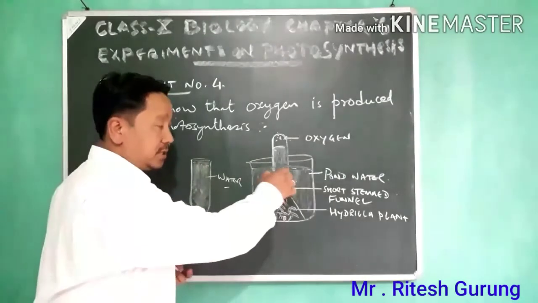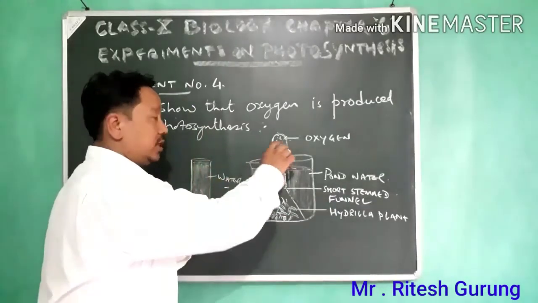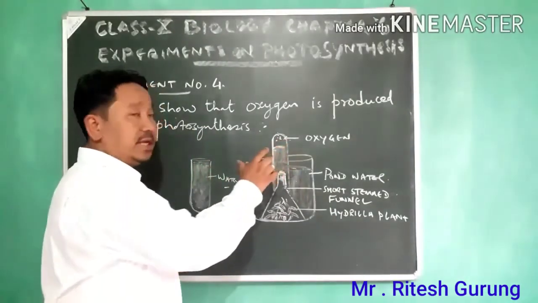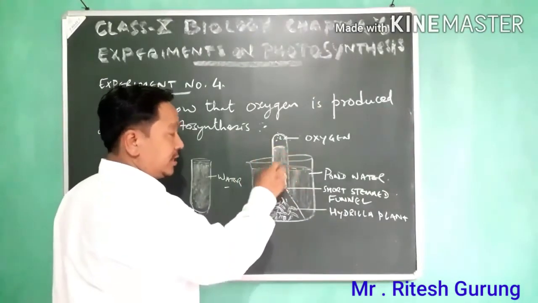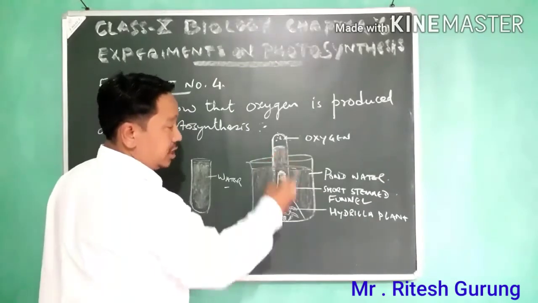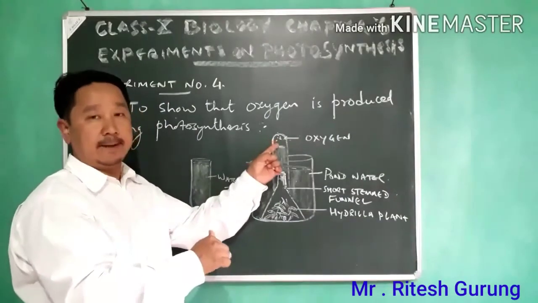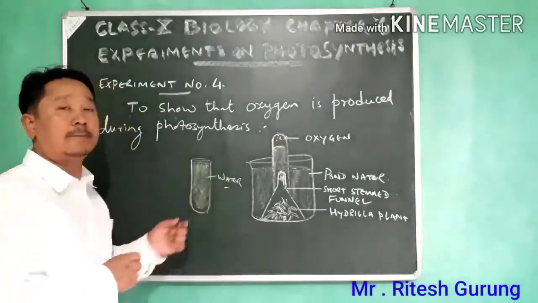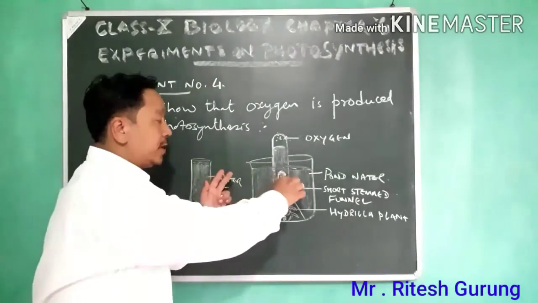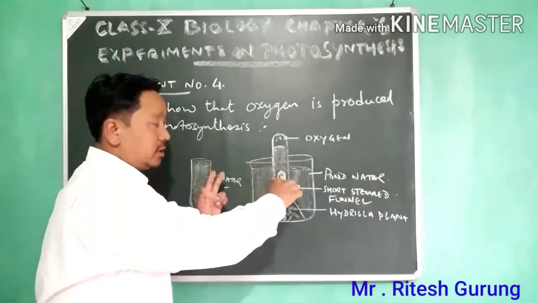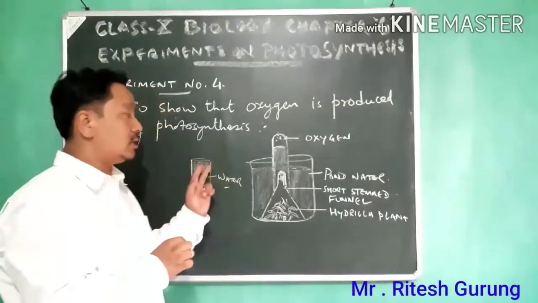After some hours, when you are sure that the oxygen has been collected here, you remove this test tube very carefully. As soon as the water is drained, you need to cover it with the thumb. Make sure that the gas is still there, and bring it close to the glowing splinter. When you open the mouth of this test tube close to the glowing splinter,